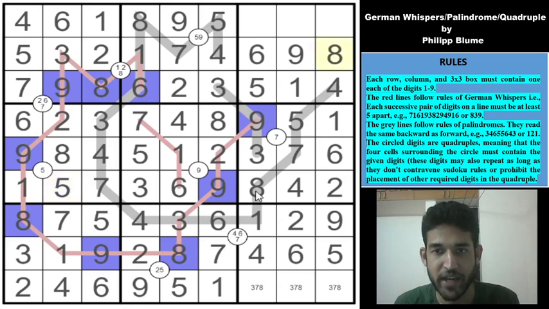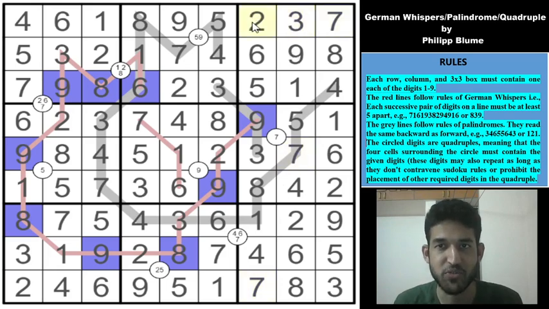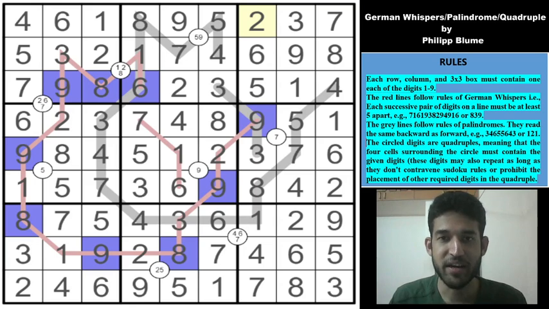And this 8 resolves this 8-5 pair. And there are 2 8s here in column 7 and 9, which means this will be 8, this will be 3, and this will be 7. And now remaining digits are 2, 3, 7. You have a 7 in column 8 and 9. So this is a 7, this is a 3, and this is a 2. And with that, we have completed this